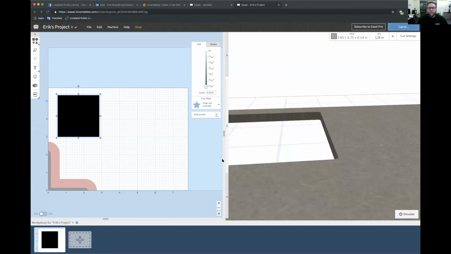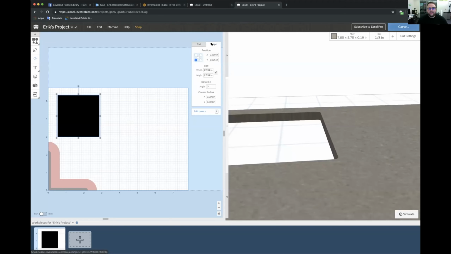I've not had too many issues with it. It's just that sometimes getting the double-sided tape off can be kind of sticky. Otherwise, let me go back to share my screen here. When you are going to carve something all the way out,